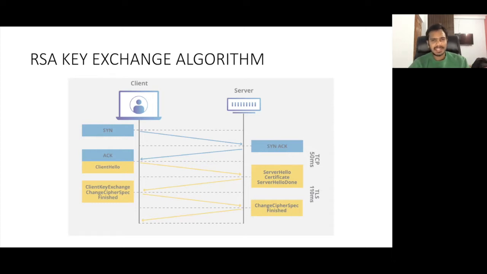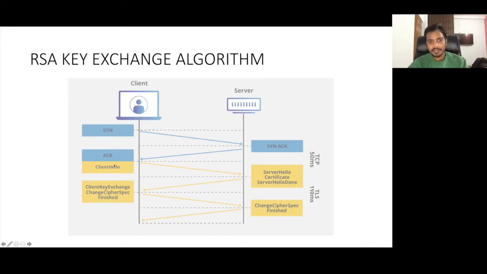The steps are a bit different in case of RSA key exchange and Diffie-Hellman. Let's first see RSA key exchange. I have explained all of this in the last video, so I will not explain it again. I will paste the link of the last video in the description so you can watch it. In the RSA key exchange algorithm, of course, the first three steps, SYN, SYN-ACK and ACK, are the steps of the TCP handshake that we are not going to discuss in detail now. We will look at that in TCP when we cover the transport layer.